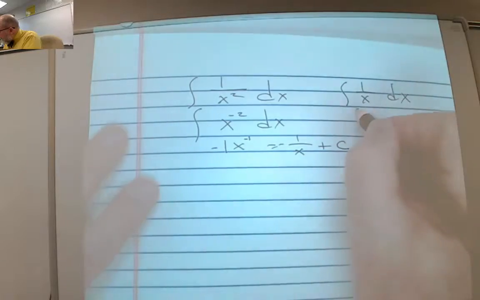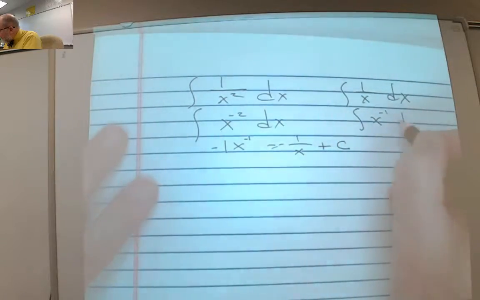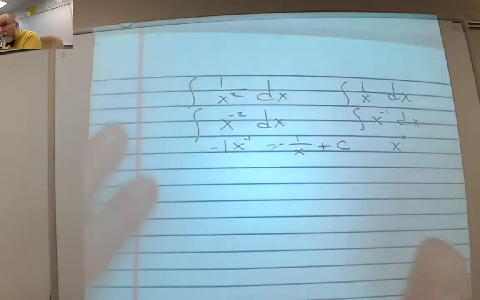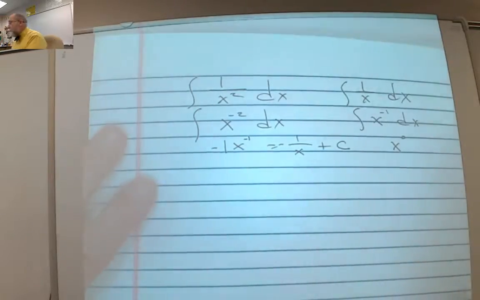Well, that's x to the negative 1 dx. Add 1, I get 0. And what's the reciprocal of 0? Well, it's a problem, right? We can't reverse the power rule because I get something over 0. Would you agree with that? So,